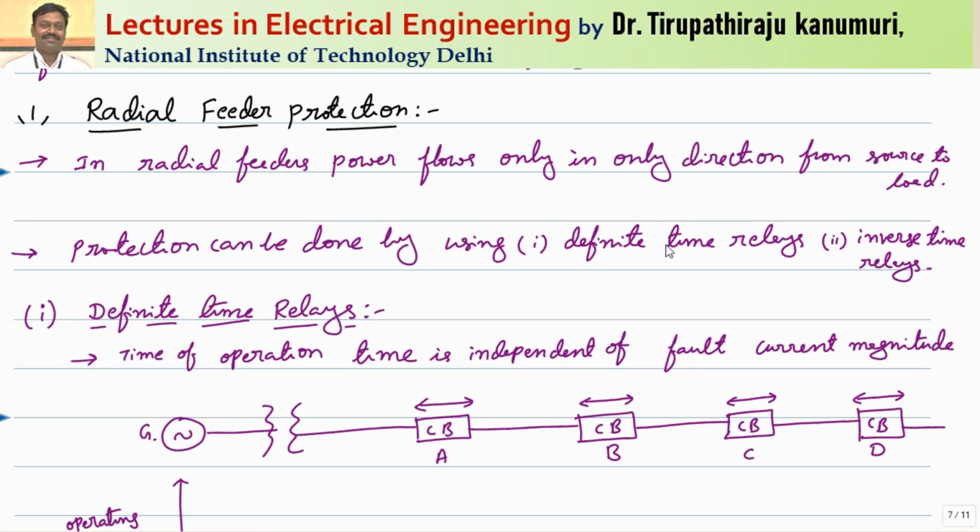So let us see different types of transmission systems where protection is needed. Then we will see which particular type will be useful there. First I am starting with the radial feeder. The radial feeder is one where only one source will be there, and from the source the power will go on to the receiving end.